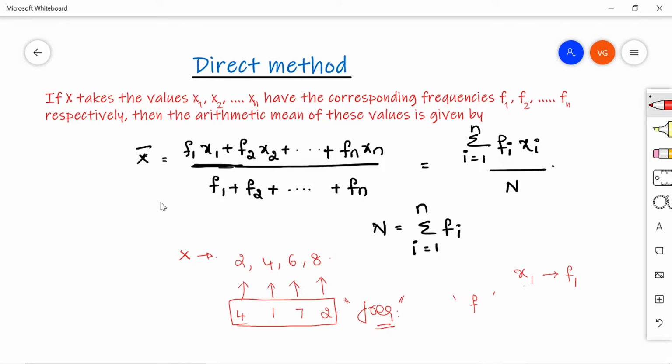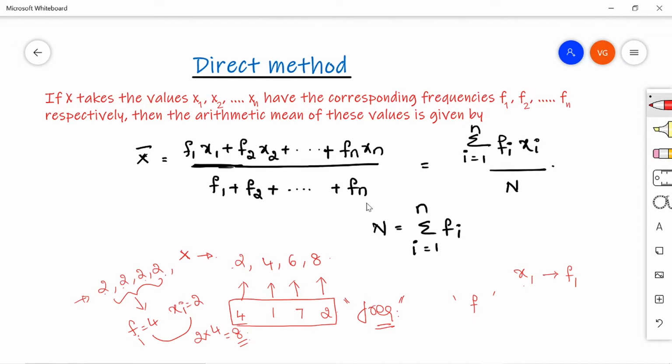If you multiply f1 and x1, suppose 4 times means 2, 2, 2, 2, and you would be writing the sum of these data points as 2 plus 2 plus 2 plus 2. Instead, you take the frequency of this data point, which is 4, and the data value is 2. Simply multiply the frequency of the data point with the data point, that is 4 into 2, which is equal to 8. This is how they have replaced the numerator. Instead of writing x1, x2, x3, you take the product of the frequency of the data point and the corresponding data point. Then you take the sum of all these products.